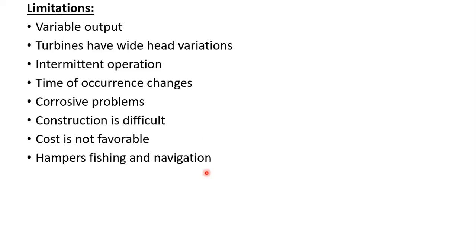Okay, and apart from this, there is one limitation. The duration of the power cycle is reasonably constant, but the time of occurrence will be changing. So this makes it difficult for planning of load sharing every day in the grid. In this tidal power plant, due to the variations, we don't know how much power we are getting as output. So every day and from time to time we have to share the load in the grid.